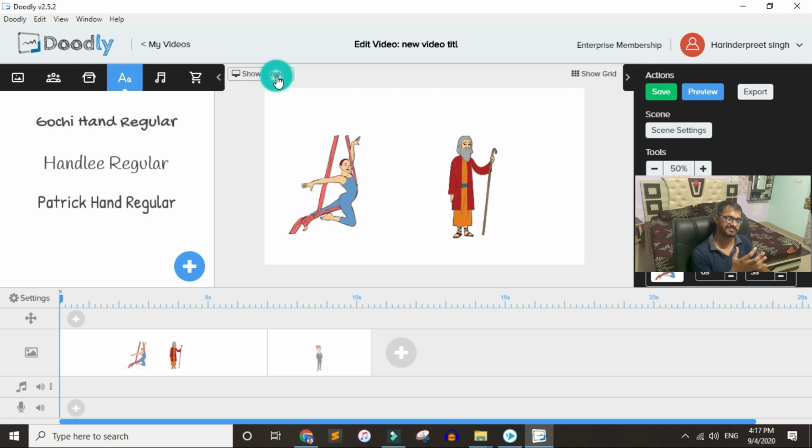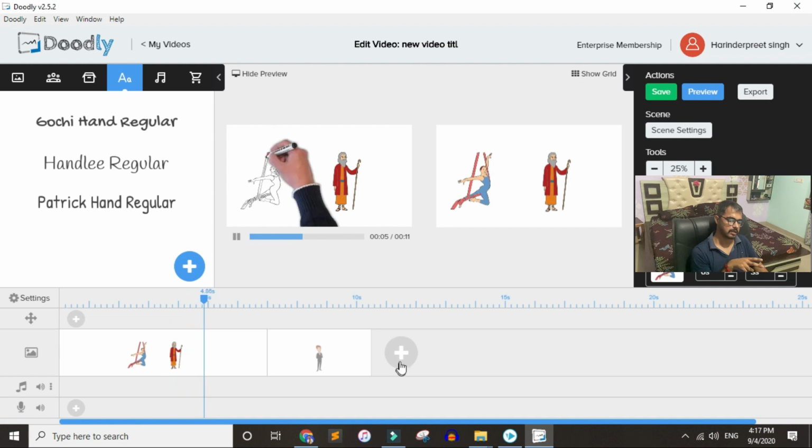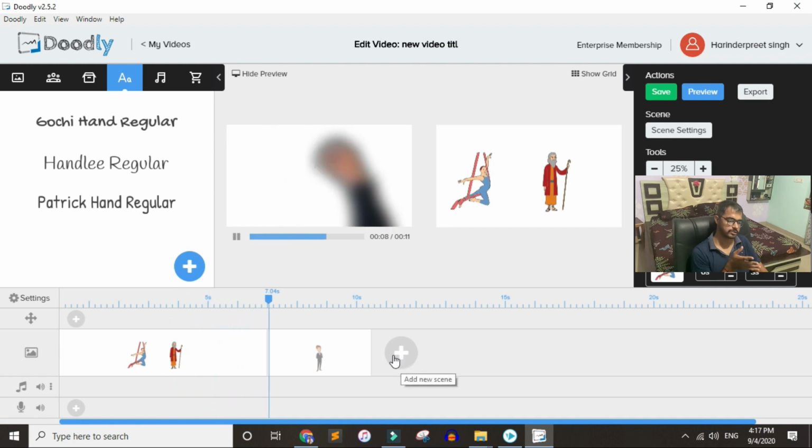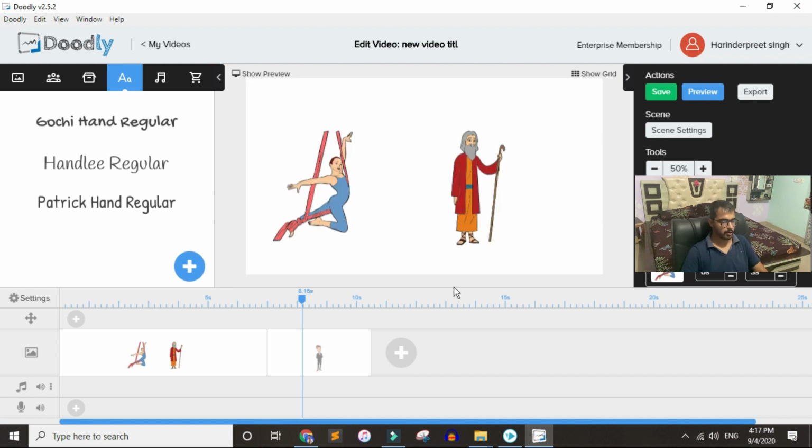So let me show you how it is in Doodly. I added 2 prop images. Then I click on this plus button to add a new scene. So you see that there is a slide effect. On Doodly, there are a couple of things available that are not available in Video Subscribe.